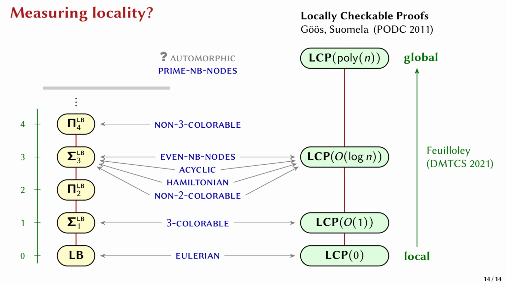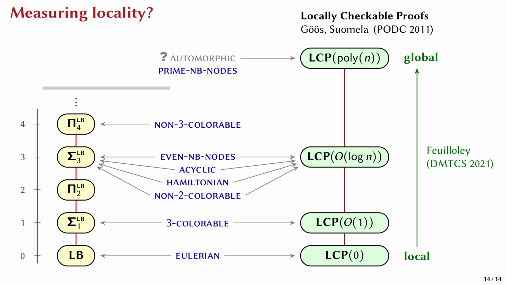Now let's go to the very top. As I said, I conjecture that the left hierarchy does not contain the property of having a non-trivial automorphism. So that would classify it as a maximally global property. And again, the right hierarchy agrees. Göös and Suomela have shown that if Eve wants to certify a non-trivial automorphism, there's nothing intelligent she can do. She basically has to encode the entire graph in her certificates. So it almost seems like these two measures of locality are in perfect agreement. But that would be too good to be true, right?